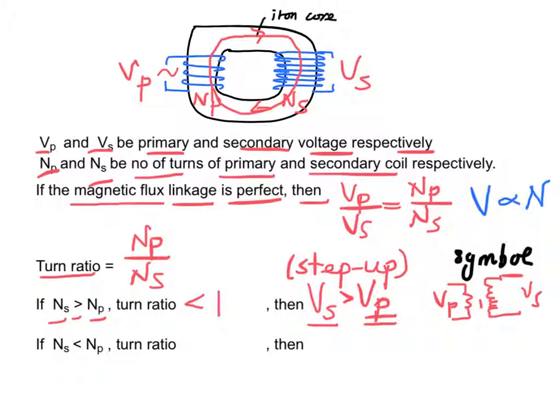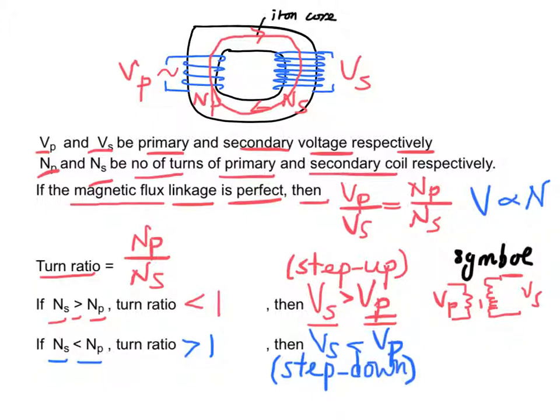However, if Ns is smaller than Np, then the turn ratio will be greater than 1. Then we have Vs smaller than Vp, and this becomes a step-down transformer. The symbol for a step-down transformer is